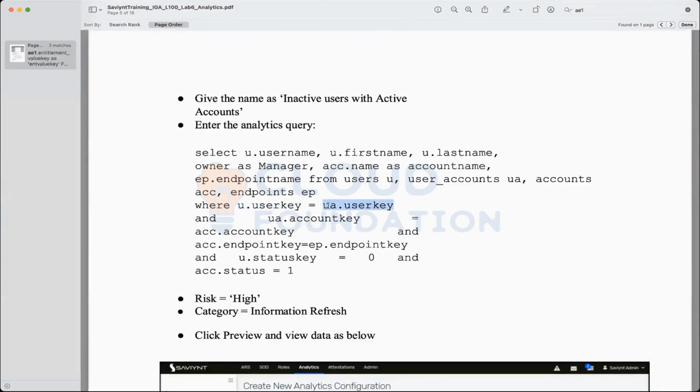In one table it will be stored as the primary key and in another as the foreign key. No, that's not even important. It could be that way, but the logic here is that we are trying to check whether we are talking about the same user, because the user key is unique to the user.